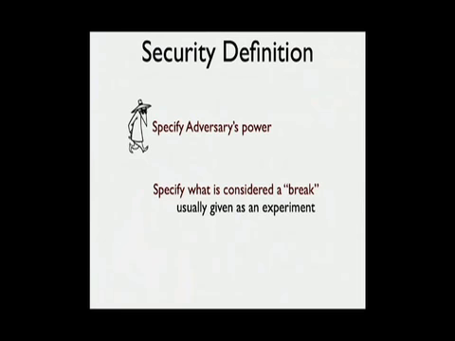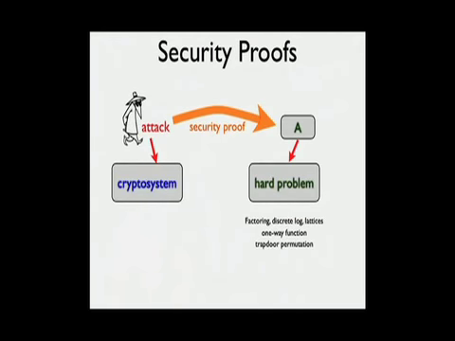Okay, of course there's a trouble here in making sure that the experiment really captures all of the things that an adversary can do in an experiment to break your system, and that's a different problem. But certainly one requisite is we should basically specify that,